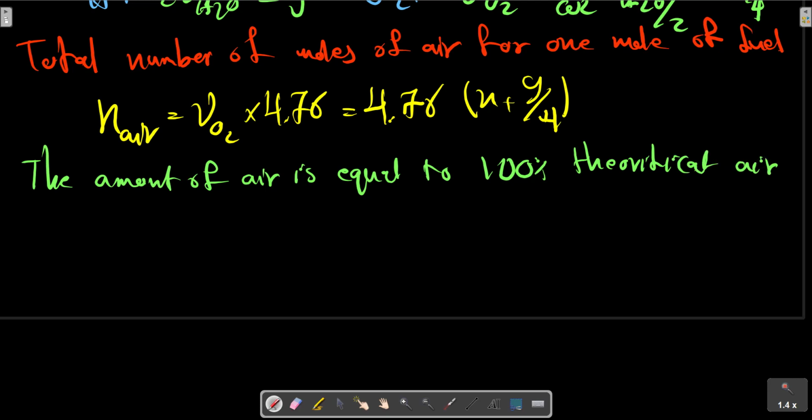In practice, complete combustion is not likely to be achieved unless the amount of air supplied is somewhat greater than the theoretical air. The important parameter often used to express the ratio of fuel and air is the